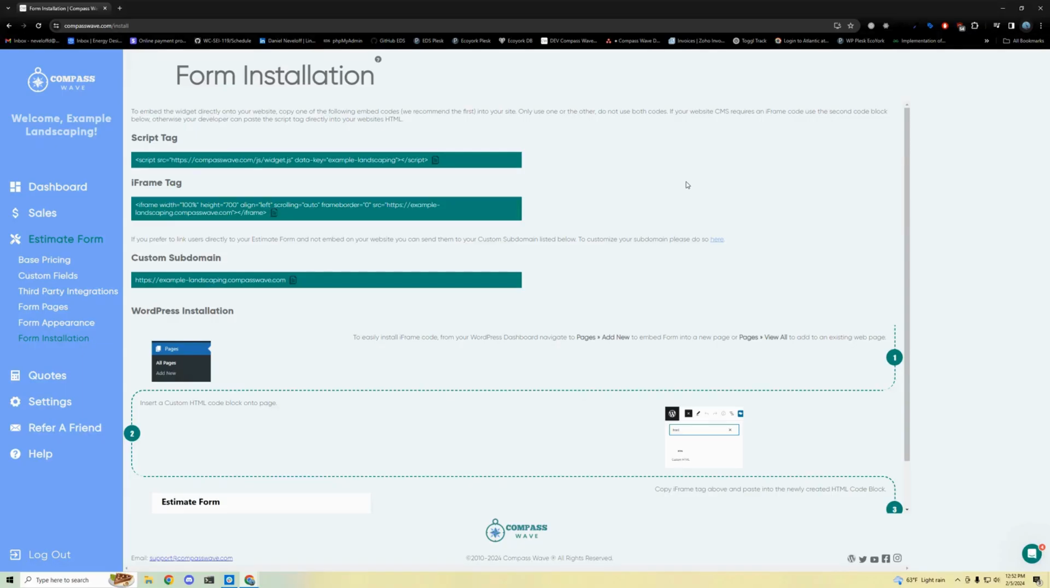Installing your CompassWave tool is extremely easy. Simply navigate to Form Installation, where you can view instructions and your iframe and script tags. To embed the form, you will either use the iframe tag or the script tag, not both. All you need to do is copy one of the two embed codes and paste it into the desired section